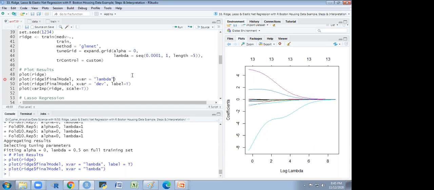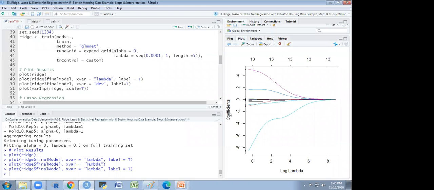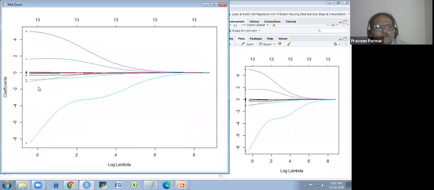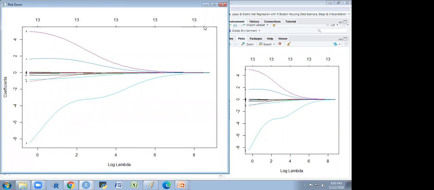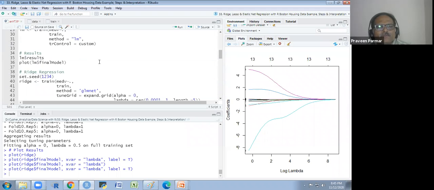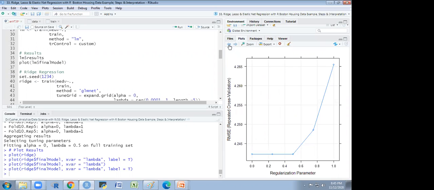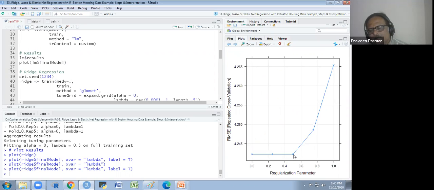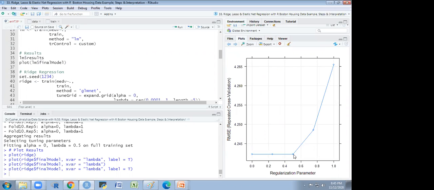Sir, can you go to the previous plot we have done? Okay, just a minute. This one. Sir, you said that 0.5 is the lambda value you have to set, right? Yes. In the code you have set a 0.5 value.